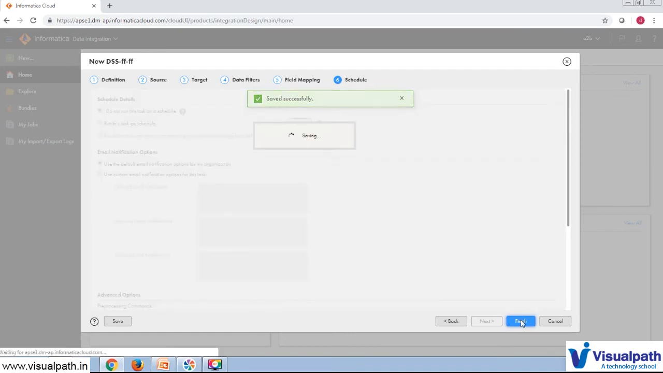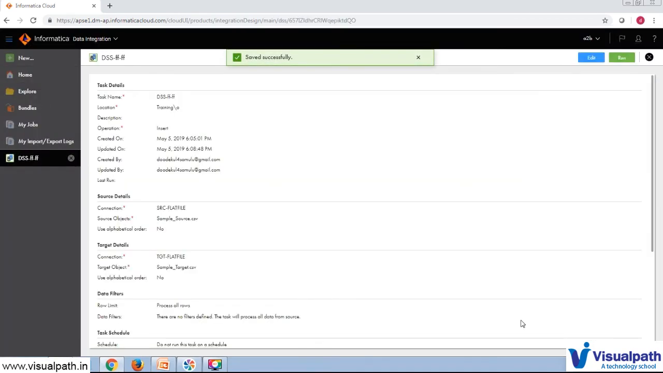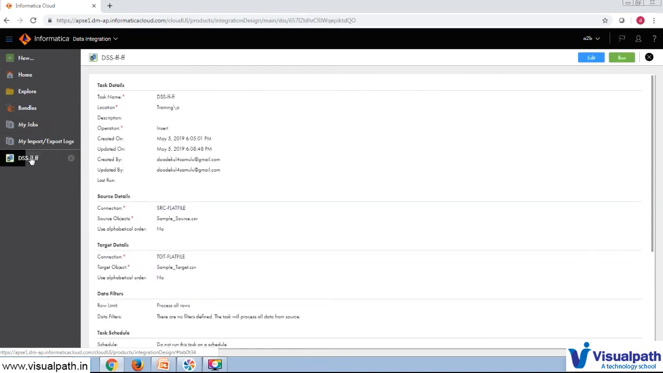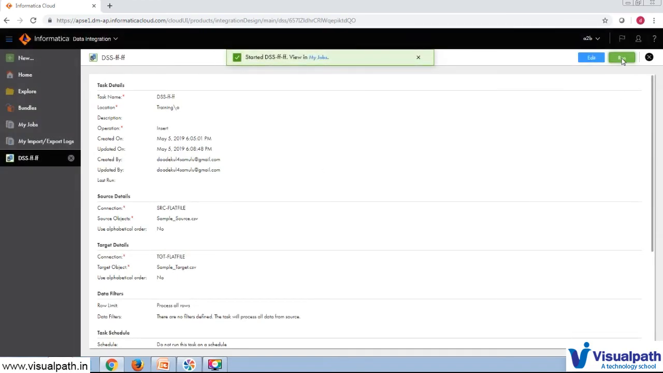Now we are ready to run the data synchronization task. So where can you see your jobs? As of now you only saved this job, right? Here in My Jobs you can see the jobs whatever you have created, but as of now I did not run it, I just saved it. So I'm going to run this particular job. Here you don't need to create any sessions and workflows, you can directly run the job. Okay,